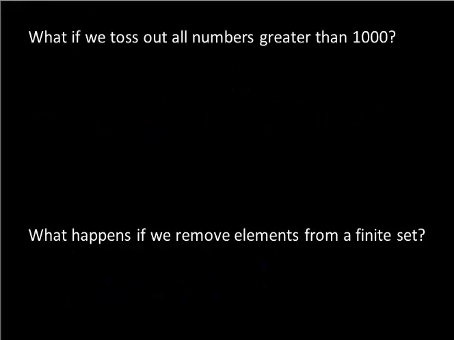So in that last example, we threw out infinitely many. We threw out all the evens, and yet we didn't make the remaining set any smaller in size. Well, let's see. Does that always happen? What if we toss out all numbers greater than 1,000? Then what do we have left? Well, let's just call it L for left. What we have left is the set of numbers 1, 2, 3, 4, and so on, up to and including